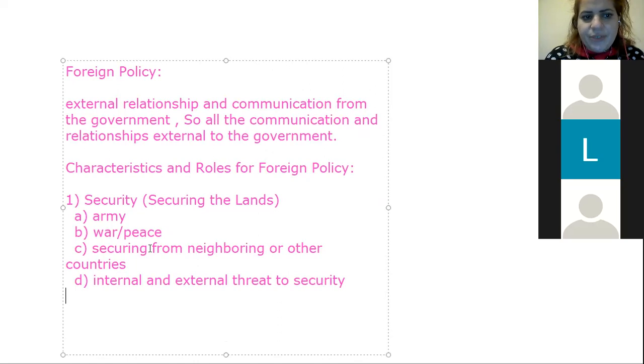That's important, okay? So security. Any questions on that? So that's really important, okay? Number 2. You have security, and the next one is